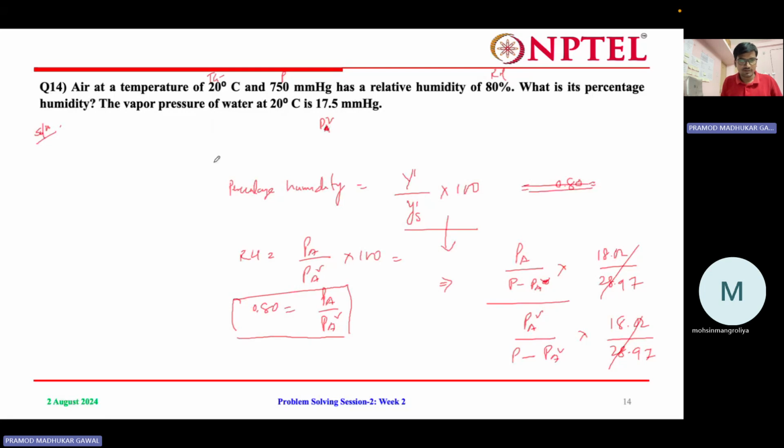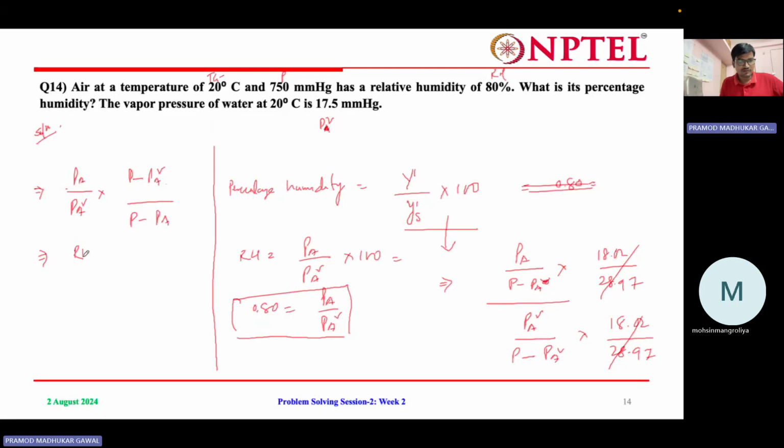So moving to here, you can write down PA divided by PAV into P minus PAV divided by P minus PA, right? So here is PA divided by P vapor pressure PA with a superscript V. So given 0.80, so you can modify also